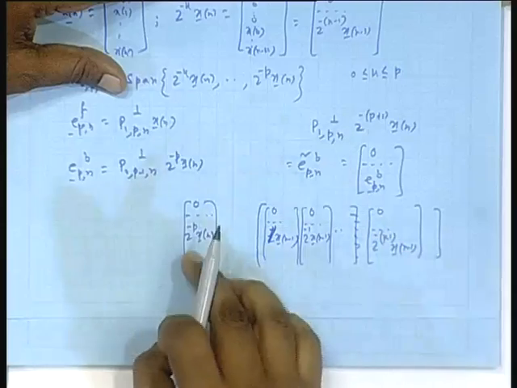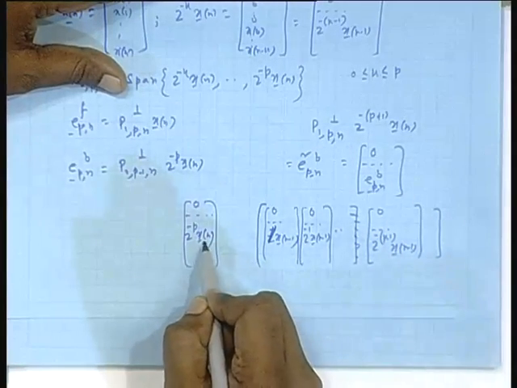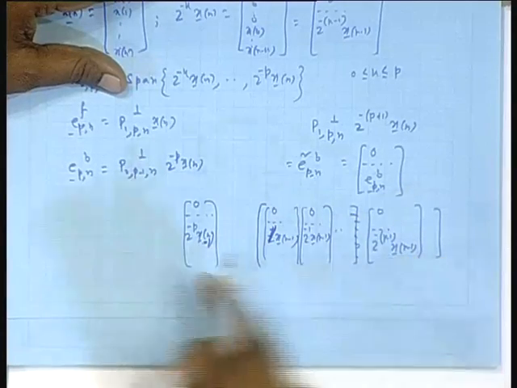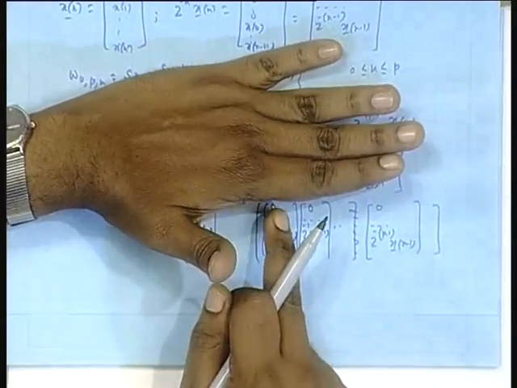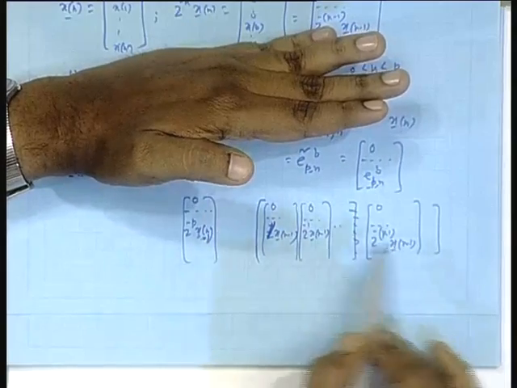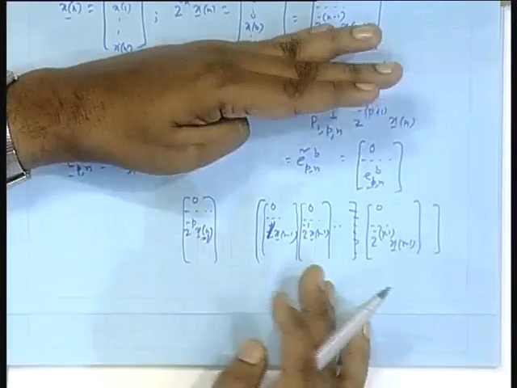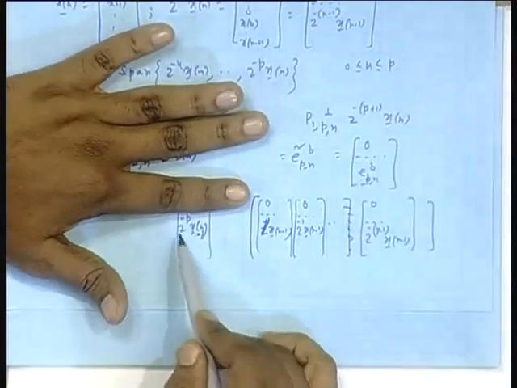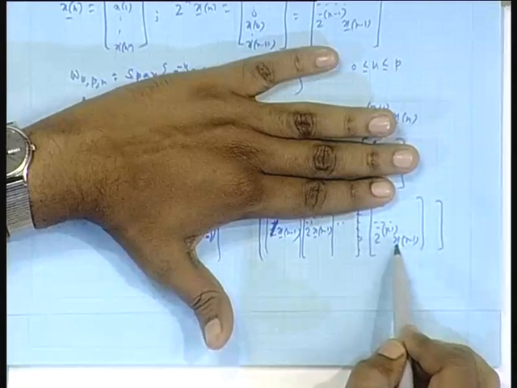So, you are linearly combining them, taking the error, forgetting about the top entry. That error vector, yes, n minus 1. Thank you, n minus 1. I mean, you are linearly combining them and subtracting from this part, as though the top does not exist, because that does not give rise to any contribution in the overall sum of square errors. Okay, so you are linearly combining them, subtracting from this, and taking each component of that error vector, squaring up and adding with a weighting factor and minimizing. That is the same as though this fellow is projected on the space spanned by this vector up to this vector.